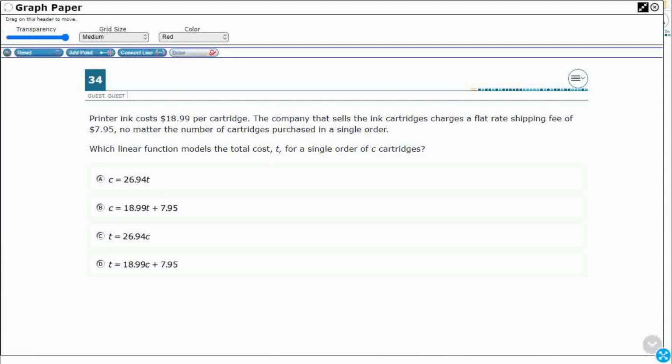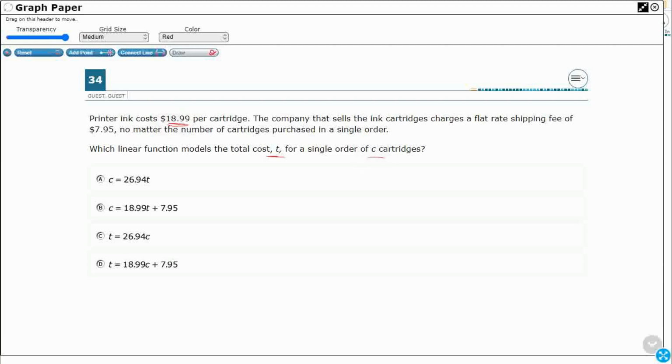You notice all of our answers here are just linear equations. We don't have any squared or anything, so there's no quadratics, no exponentials. So we need to find a linear function for the total cost for a single order of C cartridges. Okay. So we've got printer ink. Okay, that's $18.99 per cartridge. Okay, so that's per C. Per meaning multiply. So let's do $18.99